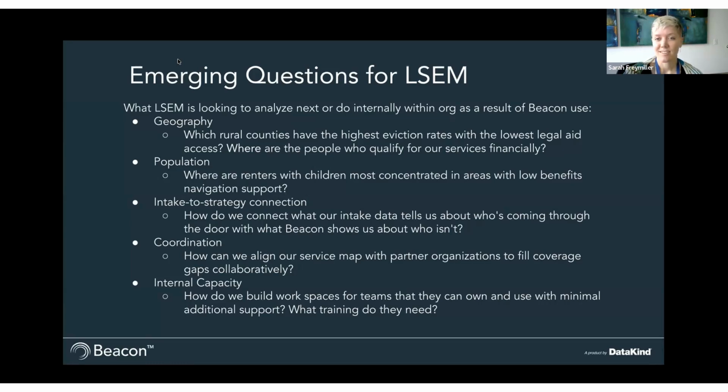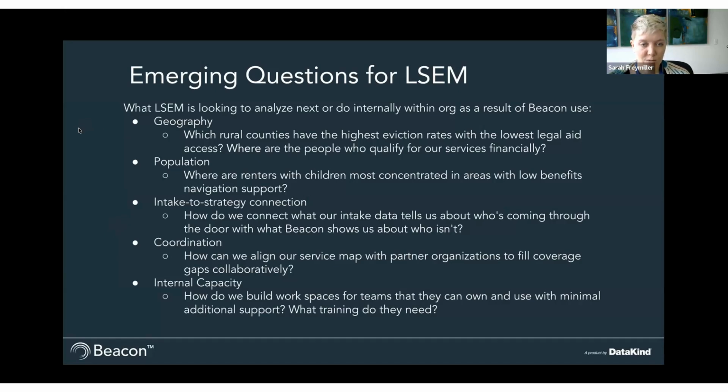All right, so next steps with Beacon. I'm excited to look into various questions. I think one of the big main uses that I'm seeing for it in the coming year is that we are holding a needs assessment and we're looking at many different factors over our geographic regions to see points of intervention where we might need to provide additional support in terms of outreach, in terms of partnerships, and meeting specific client needs with different types of cases. And I think Beacon is a great way to have a central visual point for our teams when we're talking about what they need.